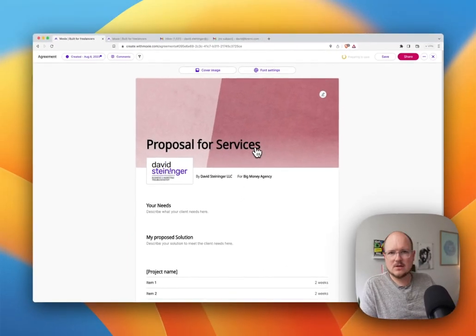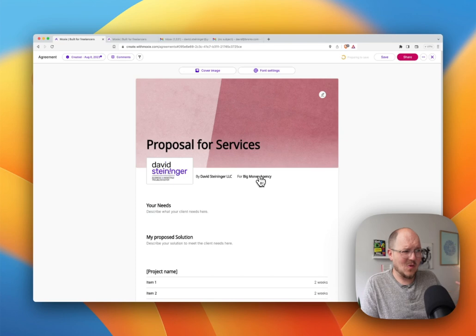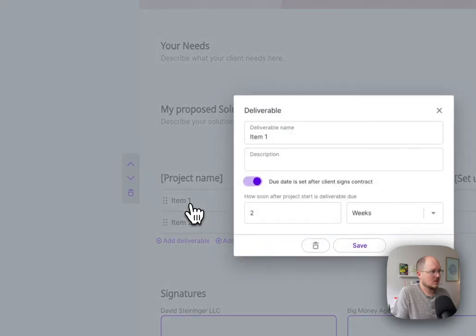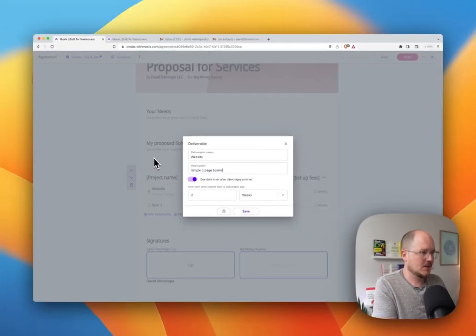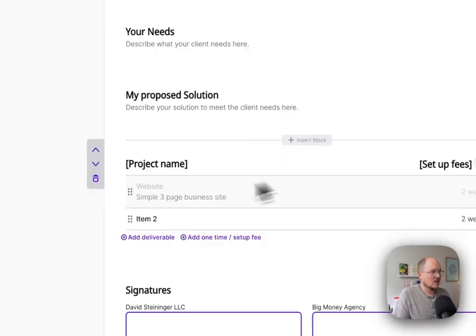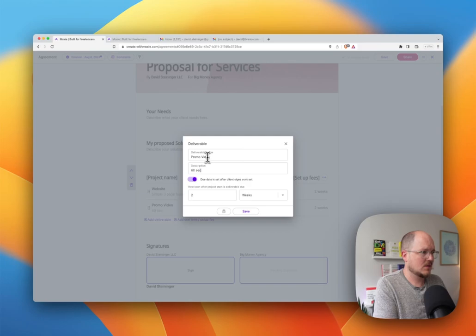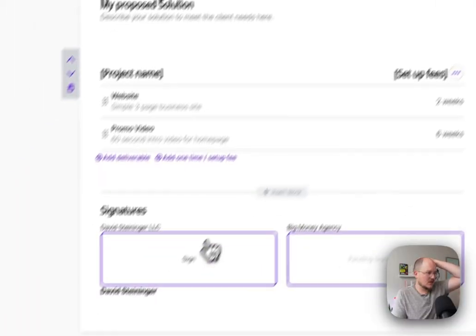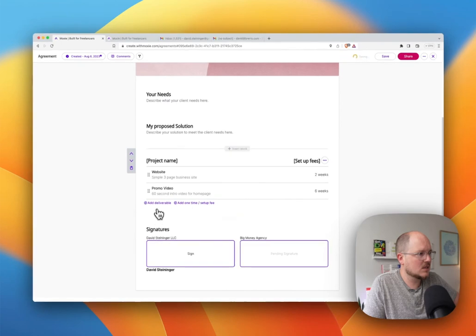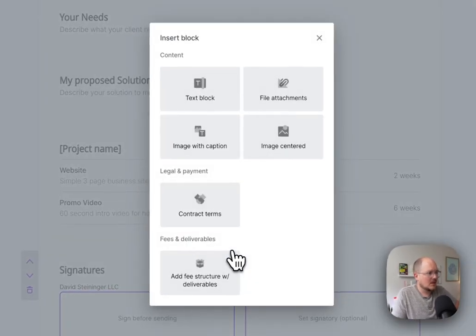I appreciate that you can customize it, but it's not overly customizable, so you're not going to be wasting so much time making this look pretty. Line items: item 1, deliverable name, website, simple 3-page business site. How soon after project start date is the deliverable due? Okay, so you can include a timeline there. Promo video, 60-second. Okay, we can name the project, signatures, so we can e-sign this, add deliverables,